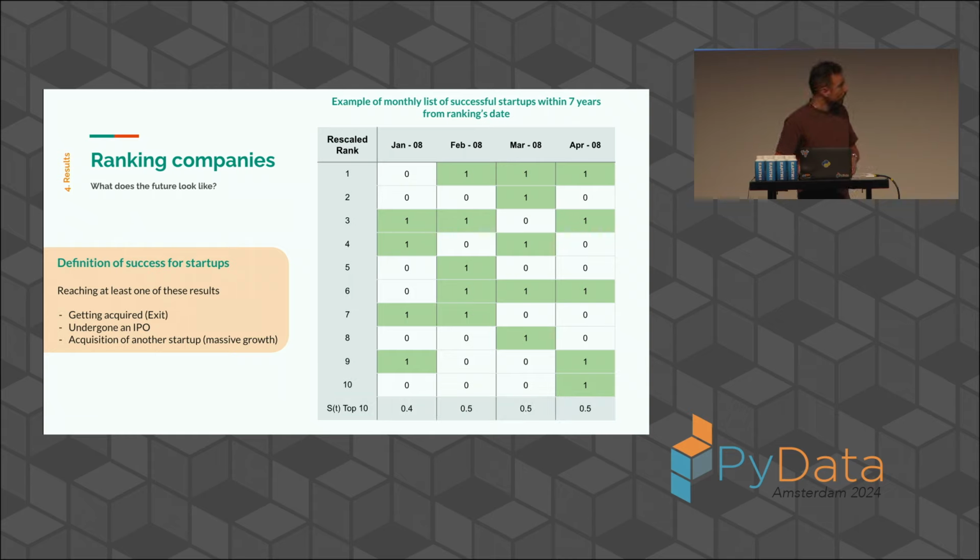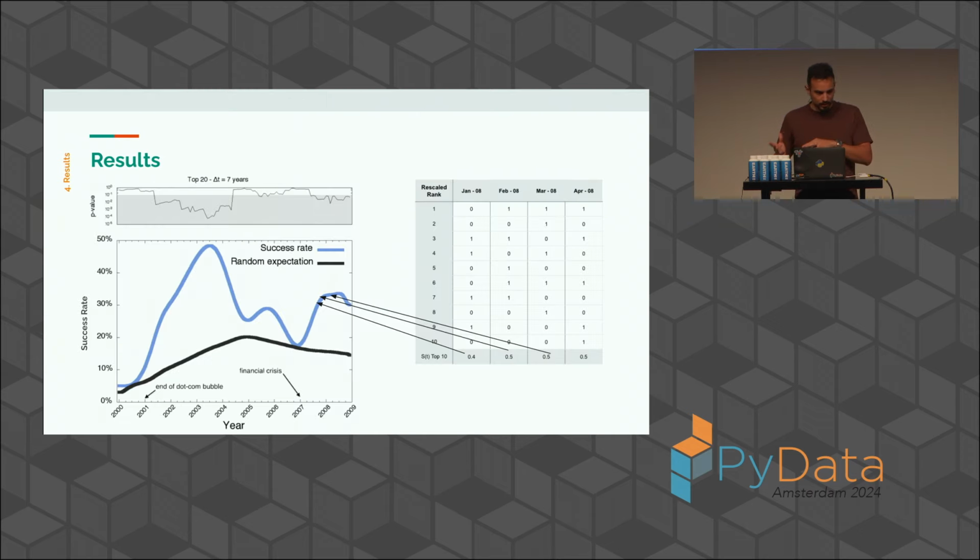And finally, to measure the actual success rate of this ranking, we can look at the top 10, sum the number of ones, divide by 10, and you get the number at the bottom. You can do this for the top 10, top 20, top 50, whatever top you like. In this example, you have the list of successful startups within 7 years, for example, for the ranking date. And then, if we plot the success rate over time, we get this blue line,